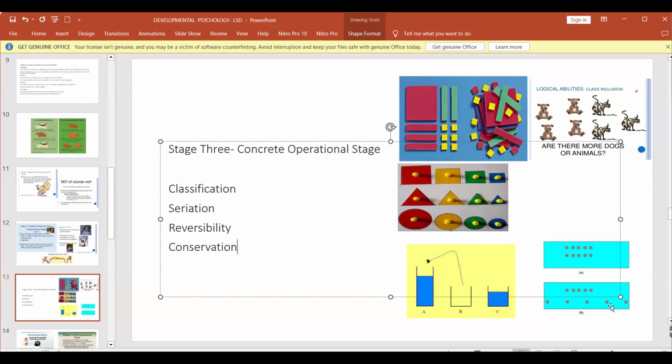That is the key feature, the child's ability to understand conservation. That is the highest cognitive ability. There are significant cognitive abilities before that: classification, seriation, reversibility. And then the highest cognitive ability of the 3rd stage is conservation. So what is the study done to prove this? It is the Beaker study, which I explained to you. Any questions about the 3rd stage?